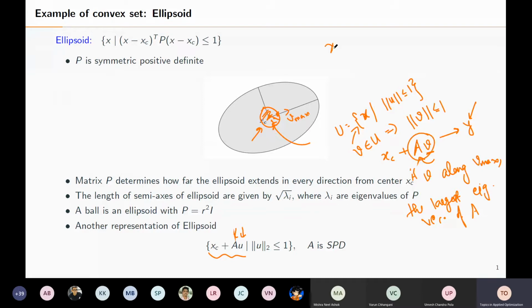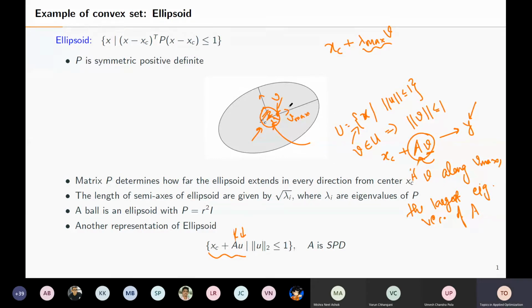So in this special case, we will have XC plus lambda max V. You took some vector V from U, and it happens to be along the eigenvector of A, which is V max. Then the amount you will be stretched is lambda max V. The same arguments you can make from here. Now there will be conditions when